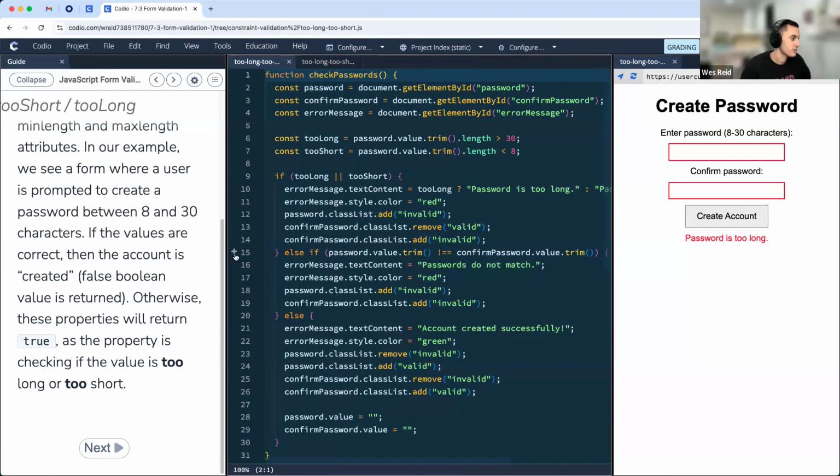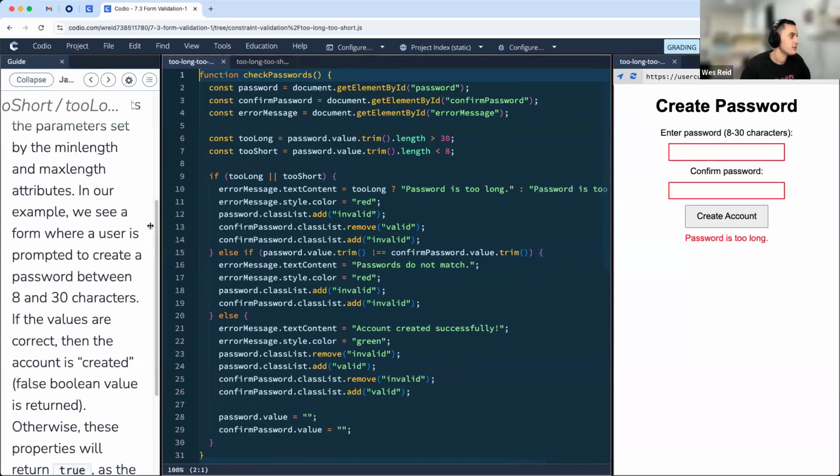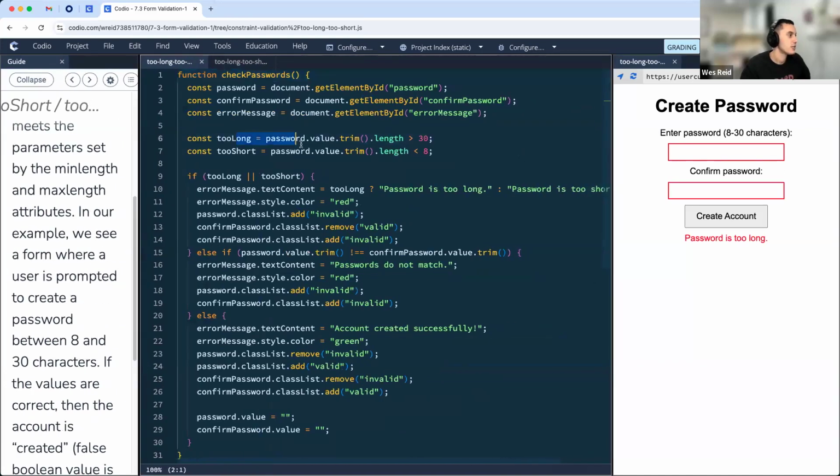In this JavaScript is not using the validity object. It's actually just doing its own little JavaScript check. So let's just talk about how this is working first, and then I would love for us to back up away from this and use the validity object. So this function called check passwords, right? This does a check where it